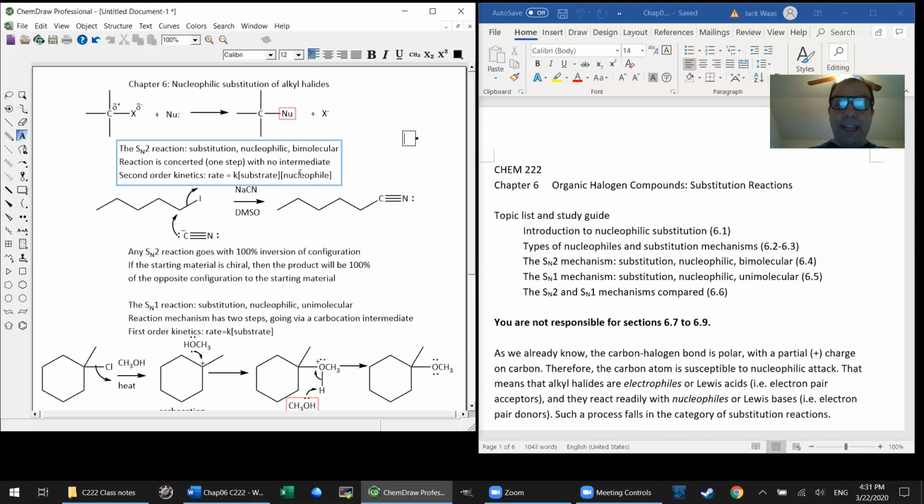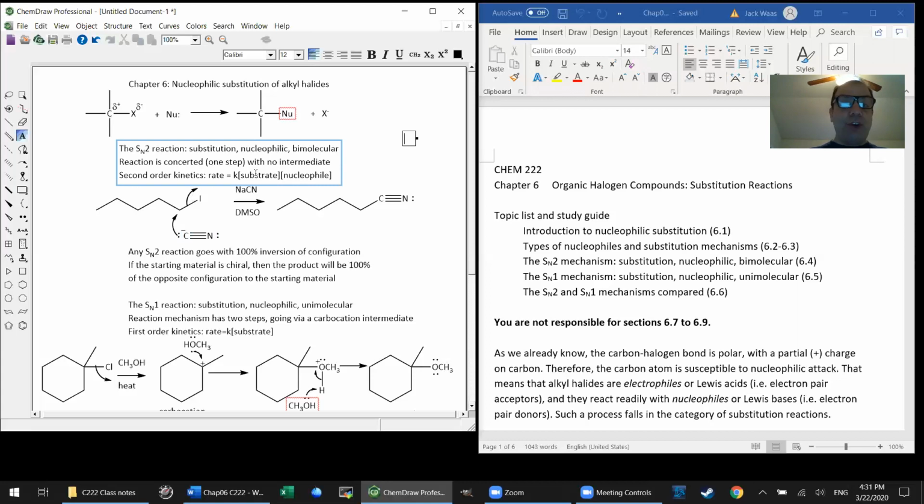fast it is. And no wonder that's the case, because when we look at the mechanism of the rate determining step, well, first of all, how do we know what the rate determining step is? Well, there's only one step. So by definition, it must be rate determining. And if you look at what's going on here, there are two species that are involved. Both the nucleophile and the substrate are involved in that step. And so that's why the rate law is second order, and both the substrate and the nucleophile show up in